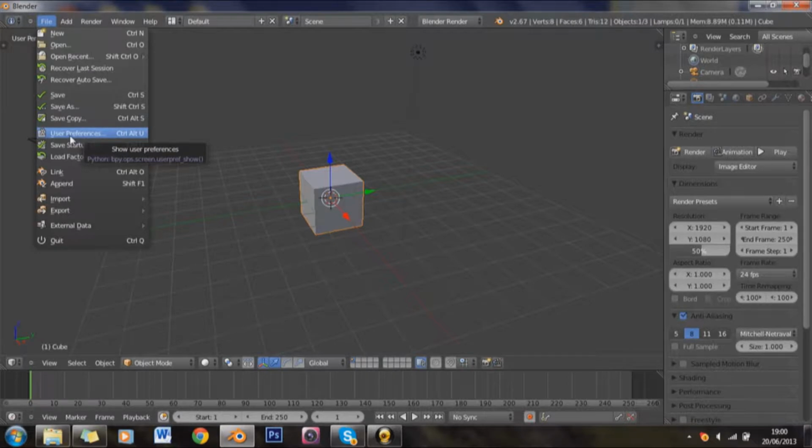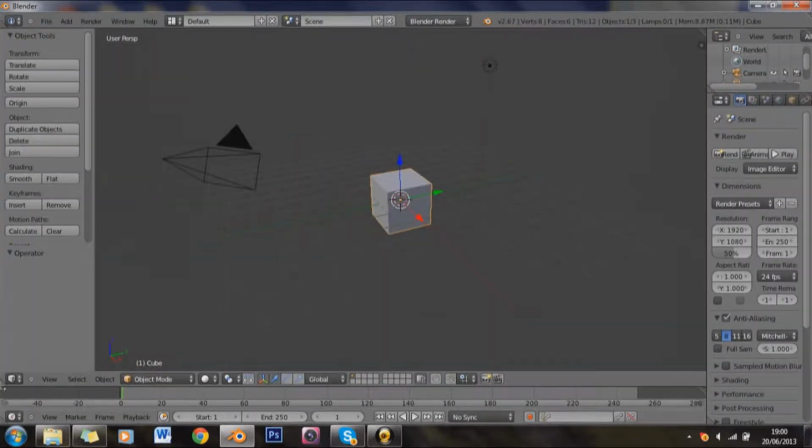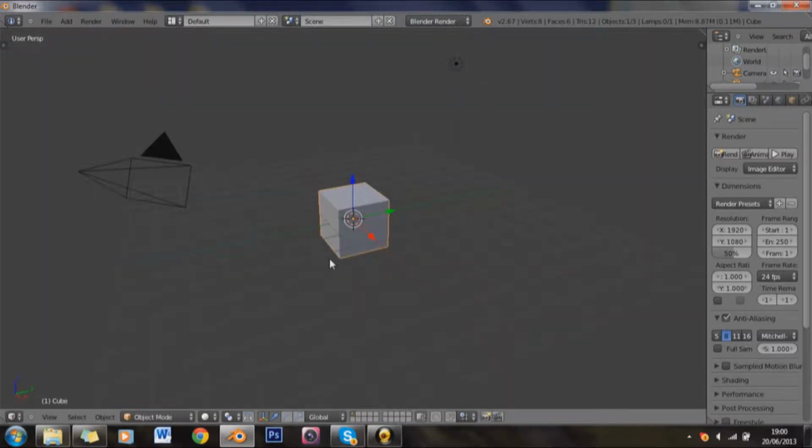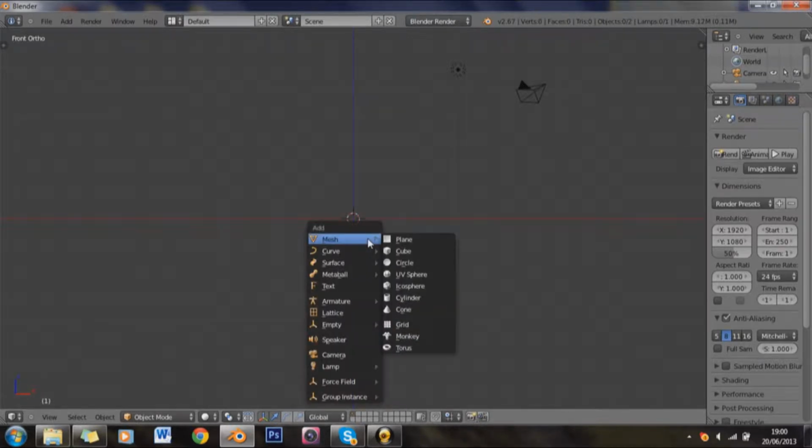Let's get started. I'm going to open up the factory settings for Blender. I'm going to close the timeline and I'm going to press T to get rid of the toolbar. I'm going to start by going 1, 5 to enter orthographic, and X to delete the default cube. I'm going to start by pressing Shift A, in fact,